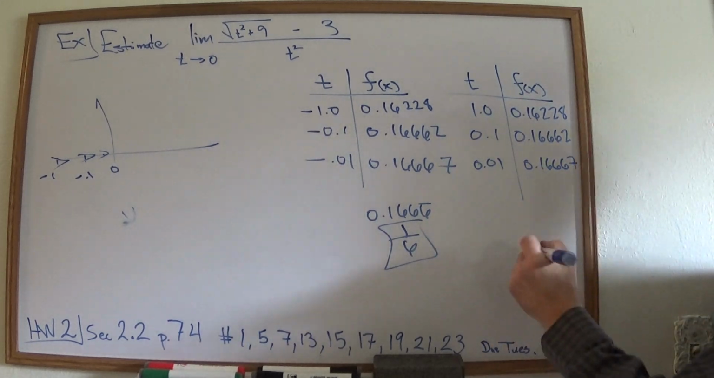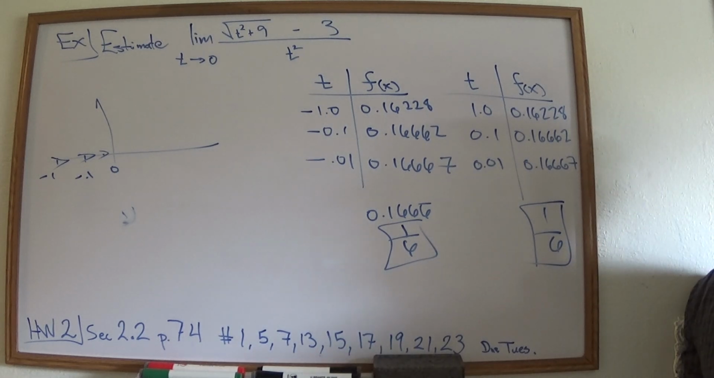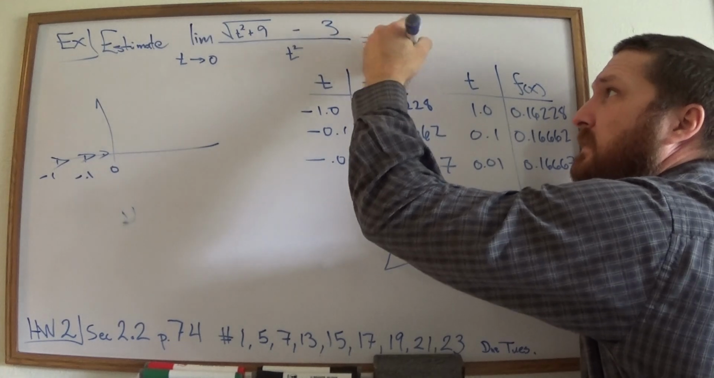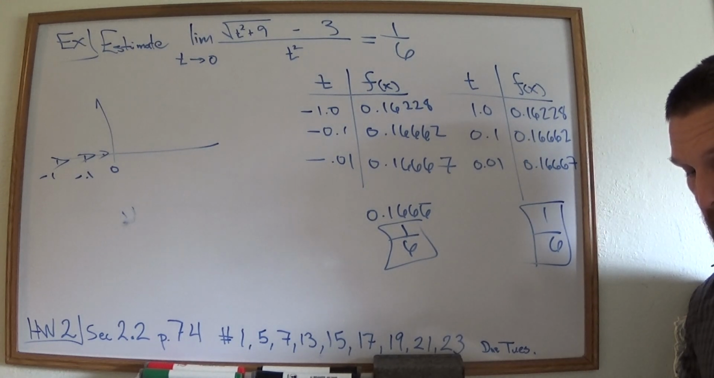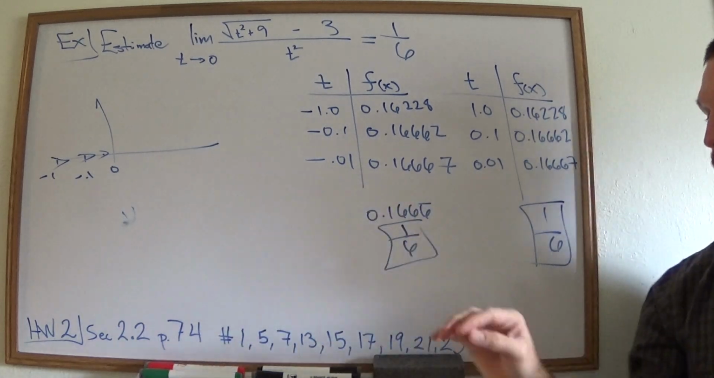So it looks like it's also going to the same place, 1/6. And so it looks like we're going to answer 1/6. And in this case, that turns out to be true. Problem is this. If you continue on with this,